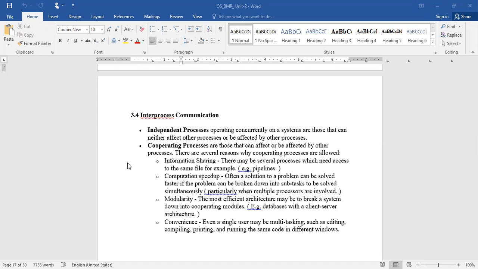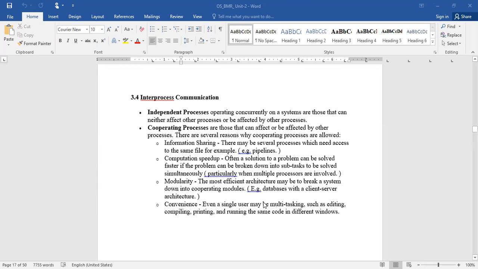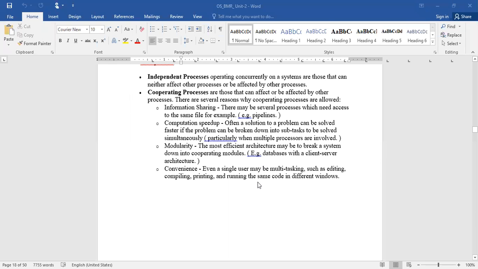Even a single user may multitask, such as editing, compiling, printing, and running the same code in different windows. I don't know whether you have tried it, but it is possible to run code in different windows as per your convenience.